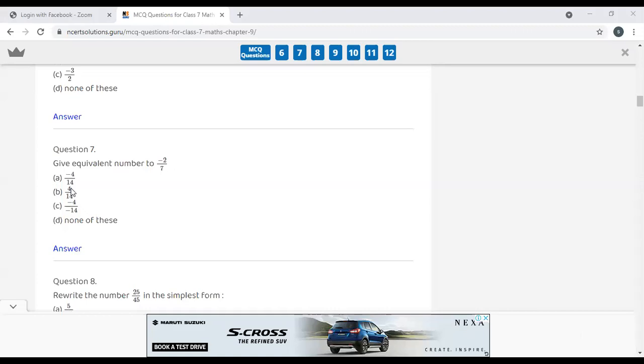And listen, one more thing. Today I will send you the assignment of the rational number chapter. There are 10 MCQs, so you will all solve those MCQs. That is for practice. And if you find any doubt in that, we will discuss it in the next class. So today I will send you the MCQs of this chapter. Is it clear, beta? Any doubt?